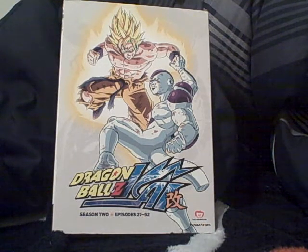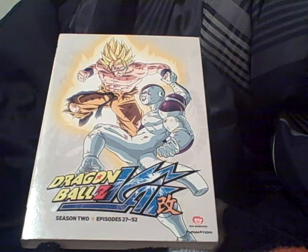Now, this season will take you from right where we leave off in Season 1, which is Vegeta killing Zarbon, and it goes from there until almost the end of Goku and Frieza's fight. The last episode is called Duel on a Vanishing Planet, The Final Showdown. However, it does not conclude. The fight does not conclude until the beginning of Season 3, which I will, of course, review at another time. I really like this season as far as it goes with the Goku and Frieza fight,